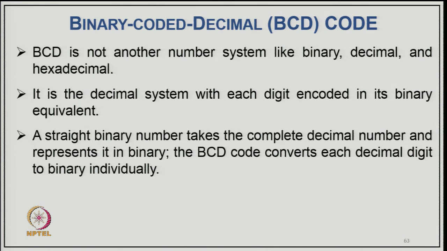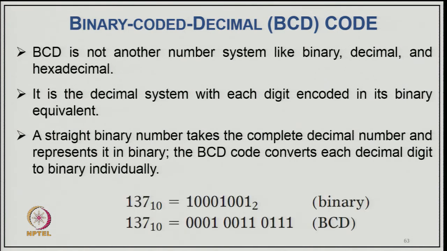So, BCD code converts each decimal digit to binary individually. So, that is why we call it BCD, binary coded decimal number. So, a typical example here is 137. So, we convert 7 into 4 bits, then 1 and 3, all are represented equivalently as 4 bits. So, 137 is represented in equivalent binary, and binary representation is done by,